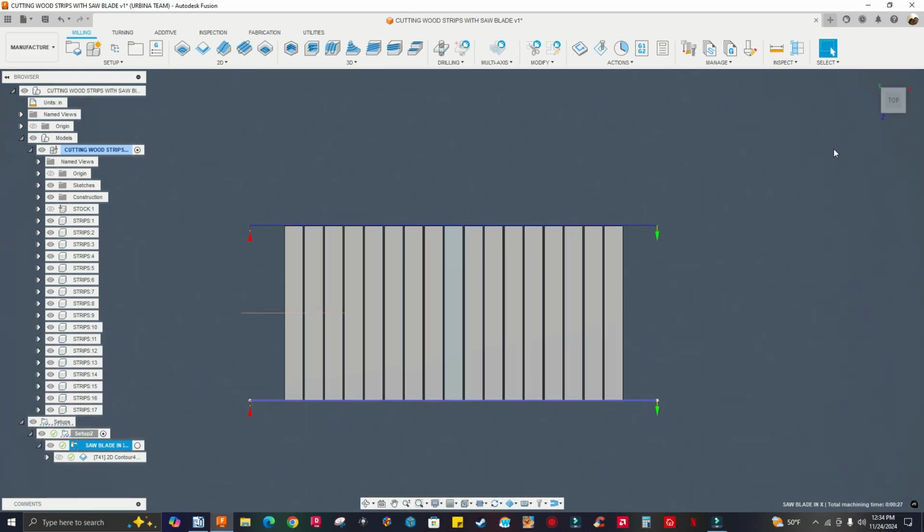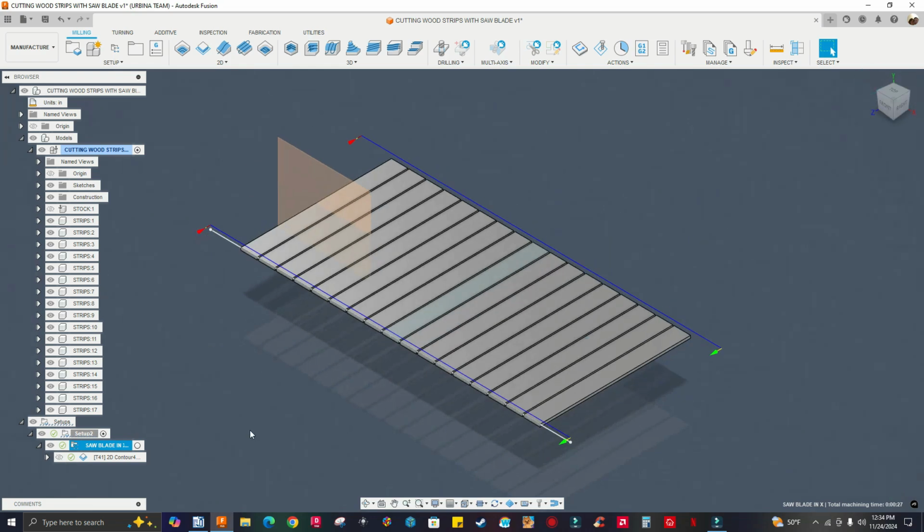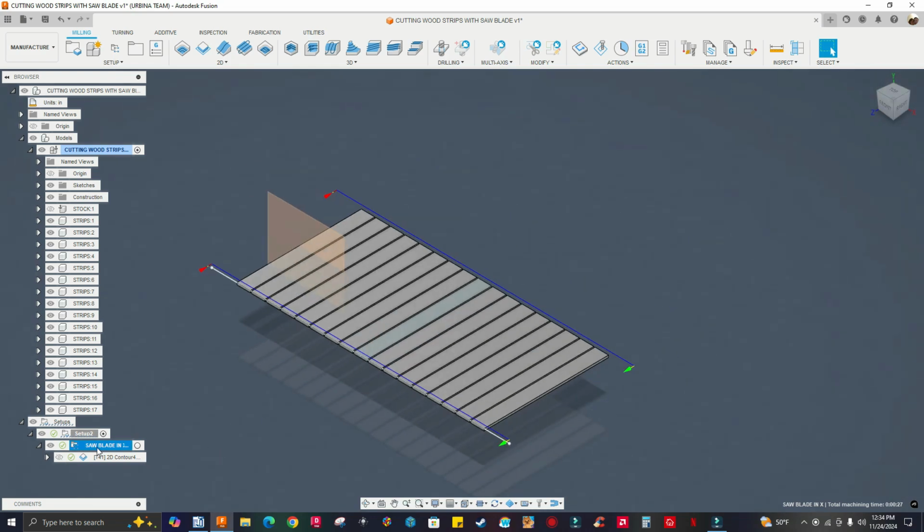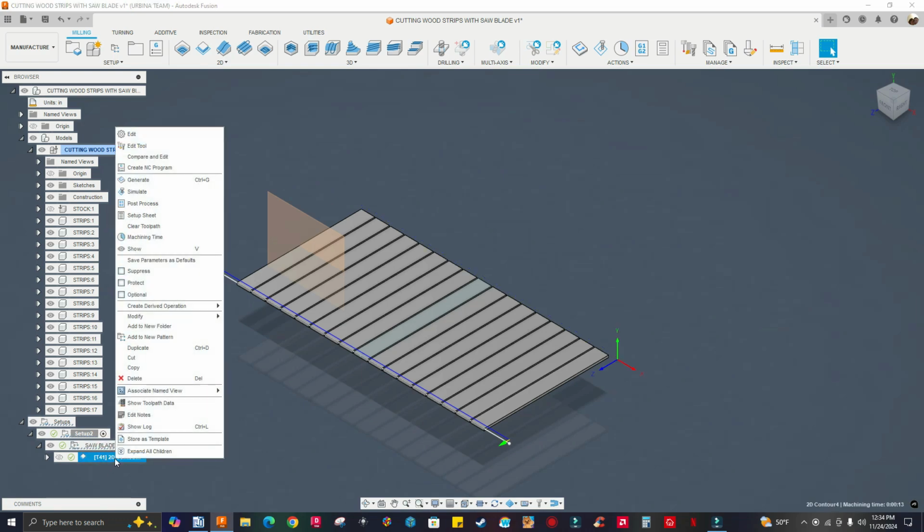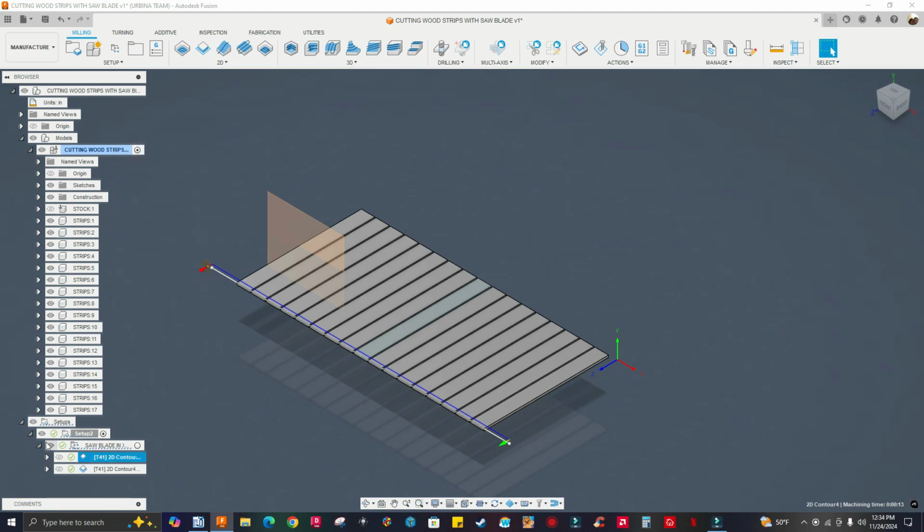Let's do the cutting in Y. Right. So I'm gonna duplicate. Actually, I'm gonna duplicate the 2D contour. Right click, duplicate, and I'm gonna drag it here because I don't want it to be part of the pattern. Okay, because I gotta pattern this in a minute. All right. So let's select that duplicate. Right click, edit,